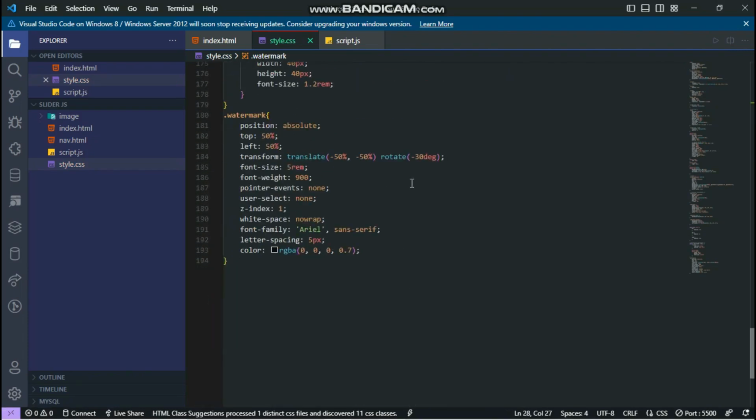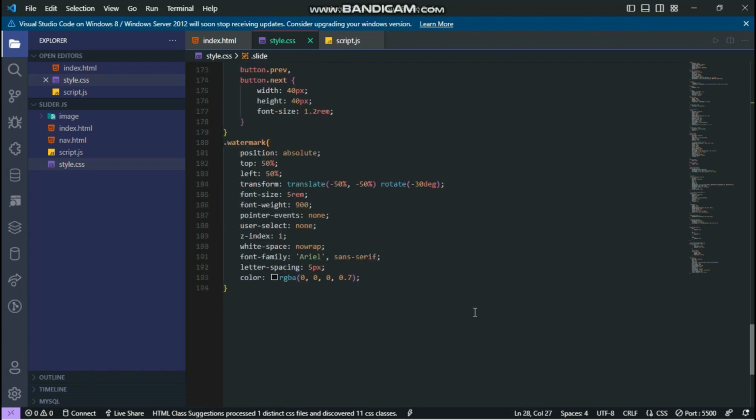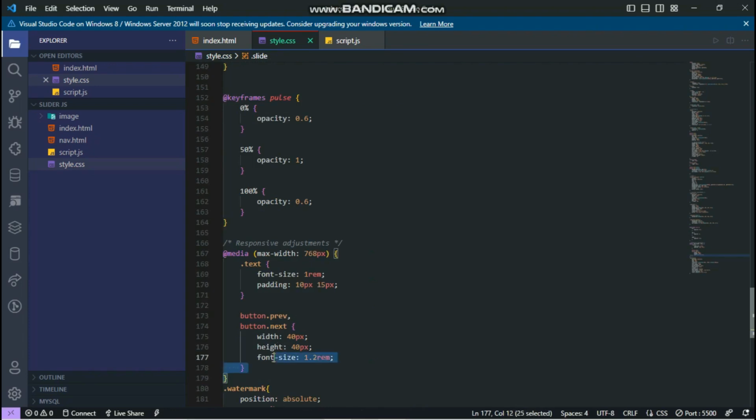Okay, we have now the last but not the least, the responsive designs. Our media queries adjust for both tablet, 768 pixels for tablet, and